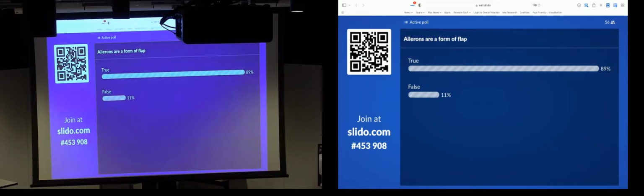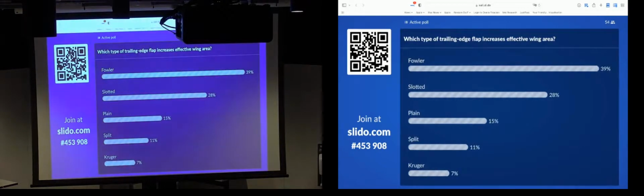If it does both pitch and yaw, it's a ruddervator. So the V-tailed Bonanzas have ruddervators. But in colloquial parlance, ailerons are truly a form of flap, but we won't refer to them as such. Gotta love that about our favorite thing. Okay? Next question. Which type of trailing edge flap